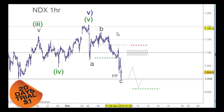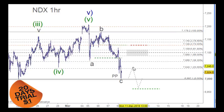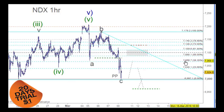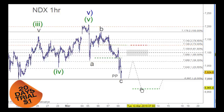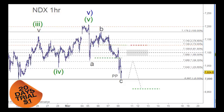And the 38.2% retracement level would come in from here to here, which would bring us back in a little bit higher than this. I've got to adjust this now. So back into the 7,065 area here. Then that would give us wave 5 to the downside here. And I've got that green line here because we can short that again from there, but we don't want to short it until we get the reference point low in, just in case. And then we'll look for an A and a B and a C wave back into this space, and then